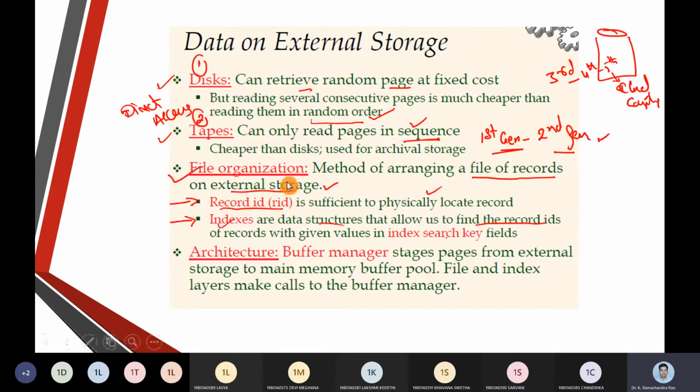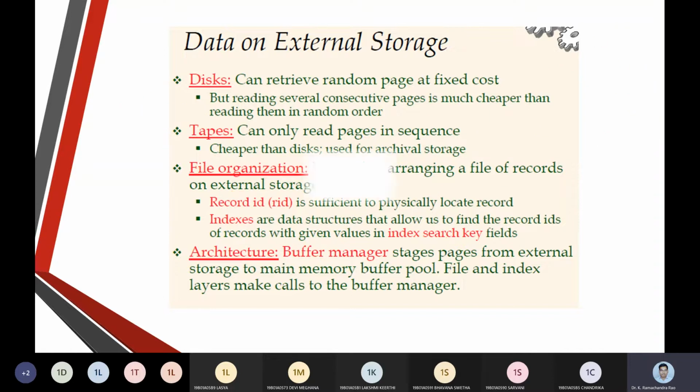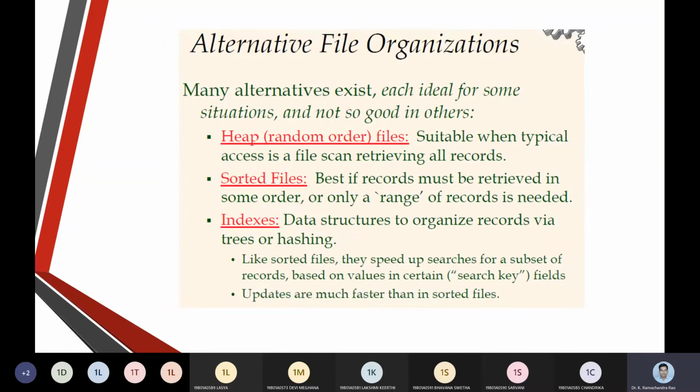In both of these types of file organization, the main role is played by the buffers. Why does the buffer play the main role? Because all the temporary operations on the pages are held in the buffers. We first work on a buffer, and after that the contents are stored to external storage when the main memory buffer is full, whatever transactions we do towards indexing and files. That is why the buffer manager plays a key role in disk organization.